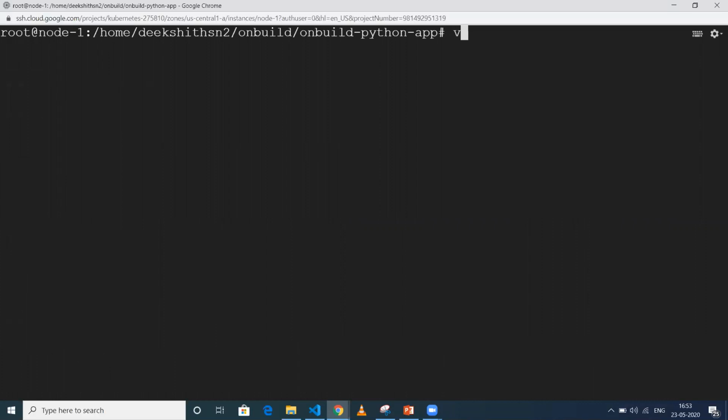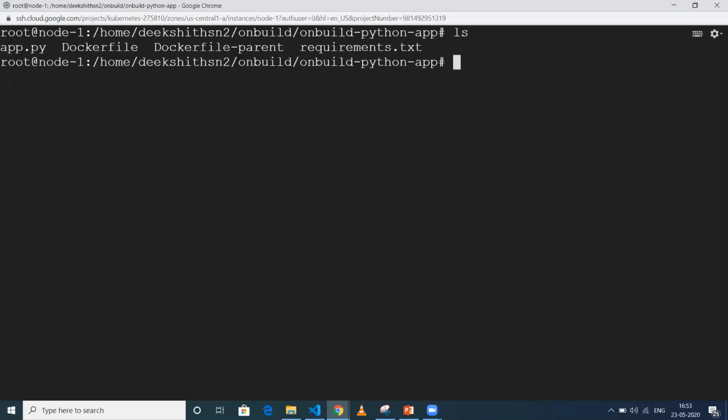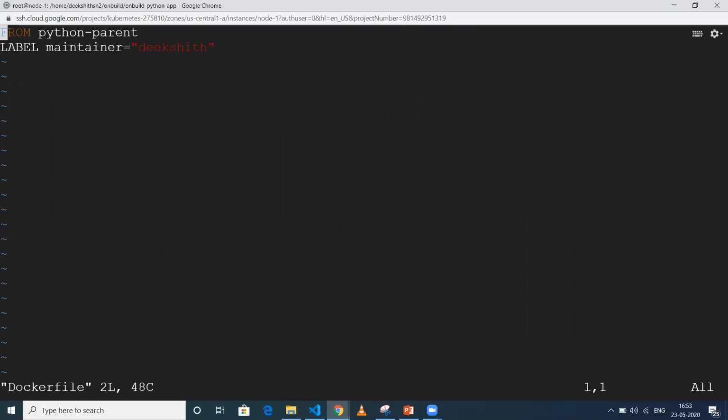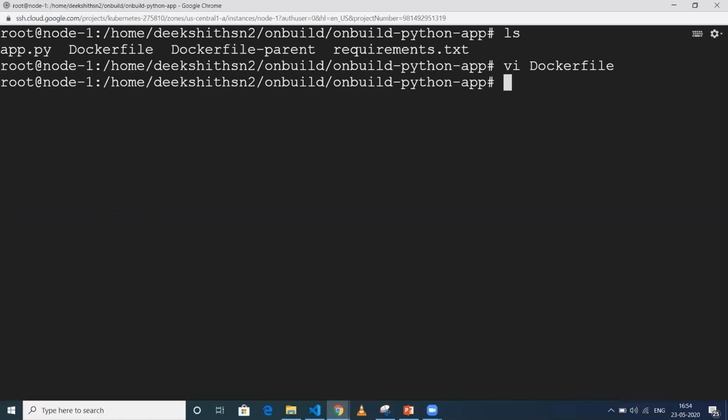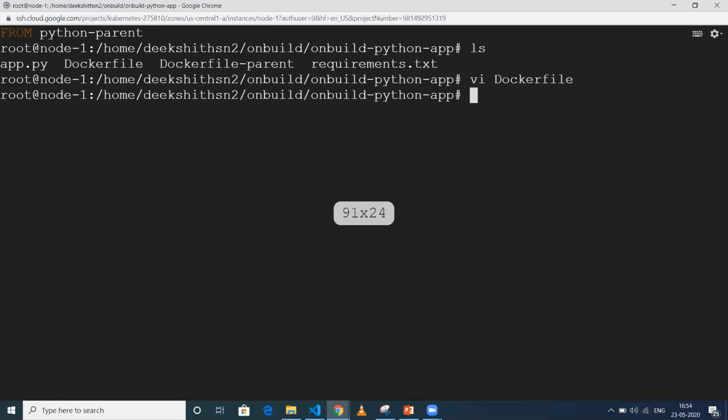For that, I already have a Dockerfile here. When I go here, you'll be able to see only two lines. One is FROM python-parent, my previously created image. I'm using it here. I'm just giving a label, maintainer equals to replication. Okay. So when I do this one, let me do a build now. docker build ., I don't need to give -f now. Then tag, what I'll do is python.